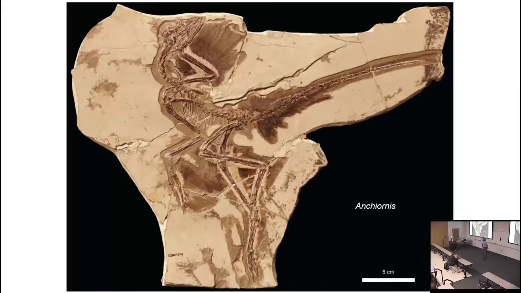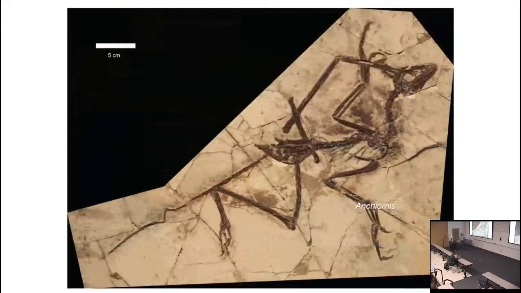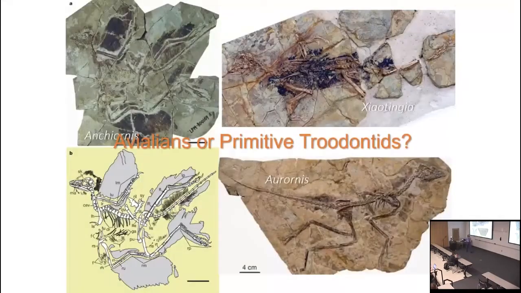So Enchiornis looks like it's probably the basal-most early bird. That was one specimen of it with the feathers well preserved. Here's another one where the feathers aren't preserved, but the skeleton's in really good shape. Now, when initially described, Enchiornis and a couple other taxa that were named from the same formation